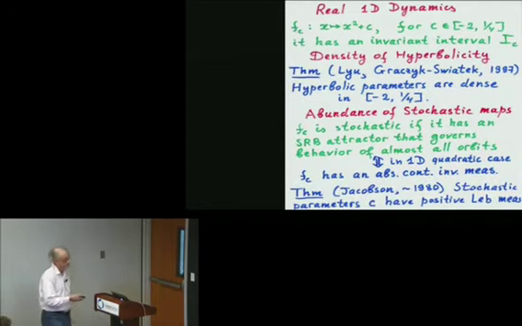So what is going on now? We change notation: z becomes x, so we're on the real line, and now c is on the interval. It is just the real slice of the Mandelbrot set, the interesting range of parameters. For these parameters, there is an invariant interval, and we want to understand the dynamics on this interval. There was the same conjecture, a sort of real version of Fatou's conjecture: for these parameters, hyperbolic maps, those maps which have an attracting cycle, are dense.